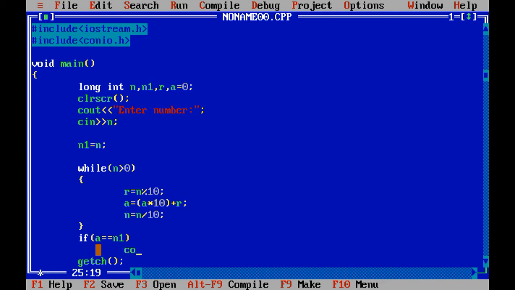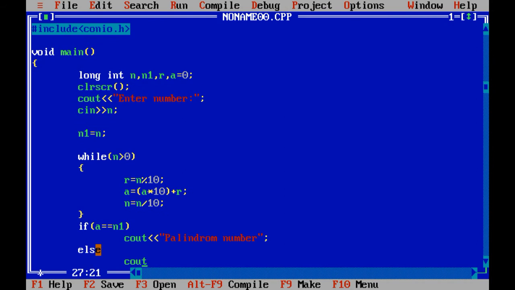Now cout palindrome number, else cout not palindrome number.